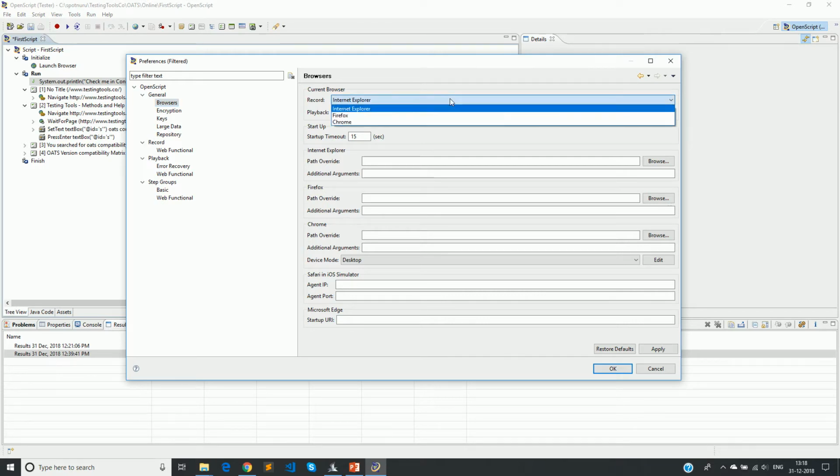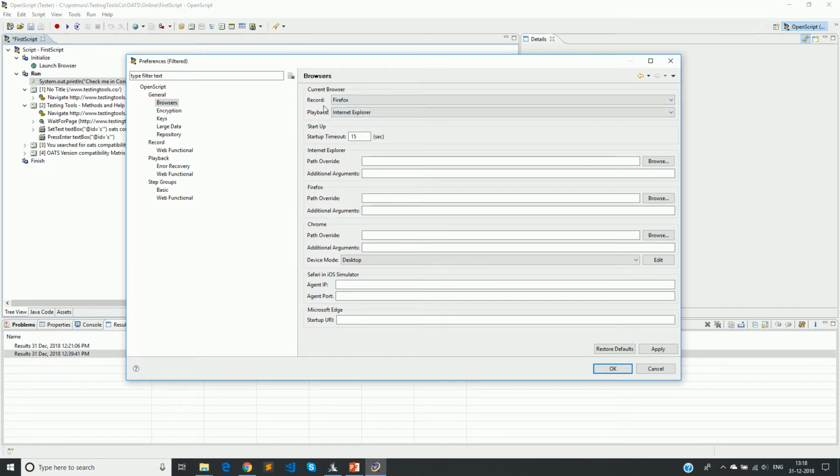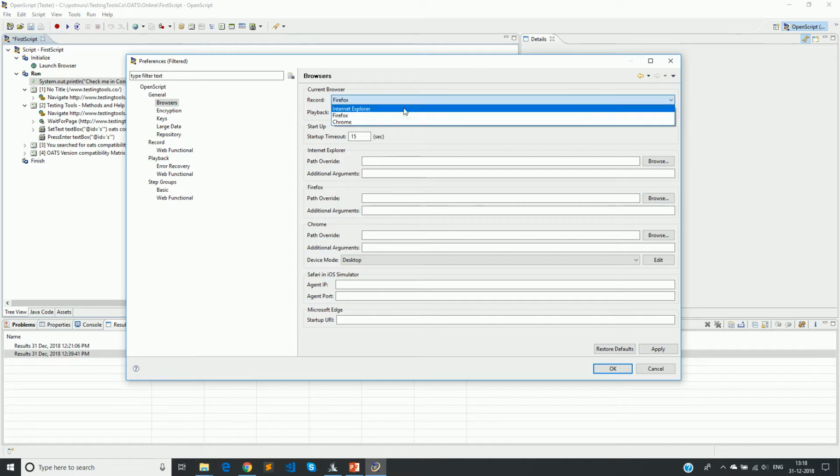If you want to change, you can set whichever browser you want. So if you want to record a script in Firefox, you select Firefox in this record option, and when you click on the record button, it launches the Firefox browser instead of Internet Explorer. Similarly, we can select Chrome as well.